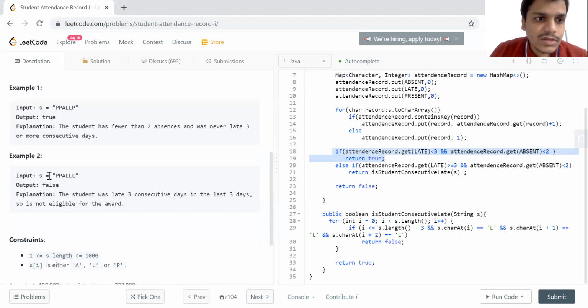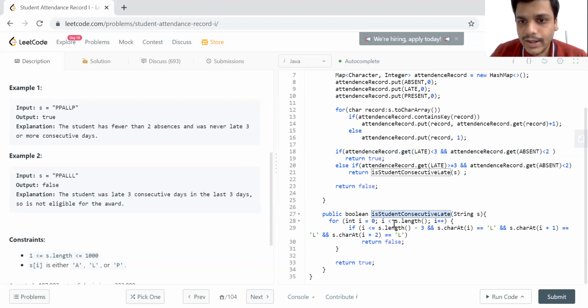The else if part will consider a scenario like this, in which we check if the count for late is greater than or equal to 3. When it is equal to 3, we need to check if it was in the last 3 consecutive days, that is, whether the student was consecutively late.